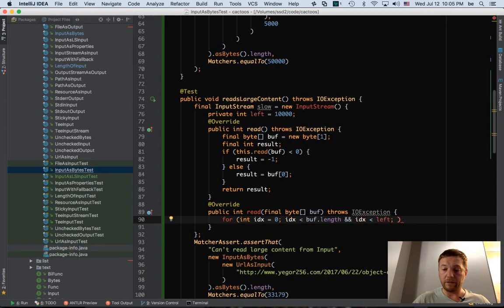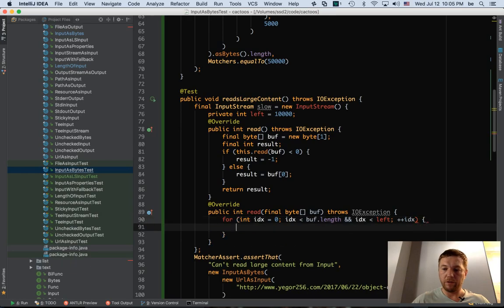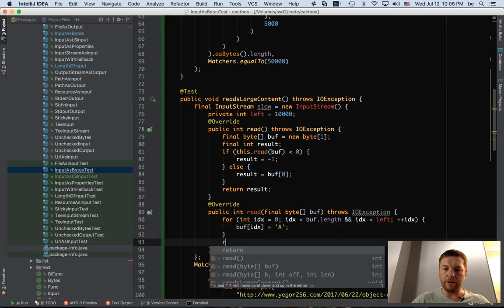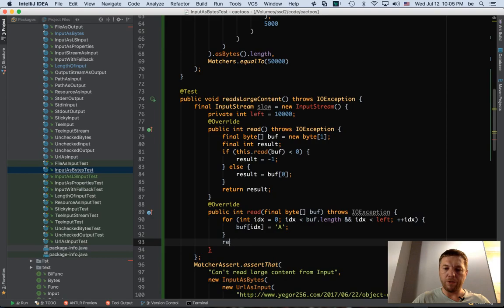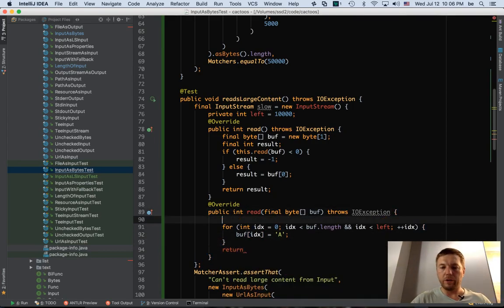I guess I'm just improvising now. Now we say buff index equals A. Can we do it? No, A, like that. Okay, and we return the number of bytes we just put in there. So we need to make that index more visible, like that.